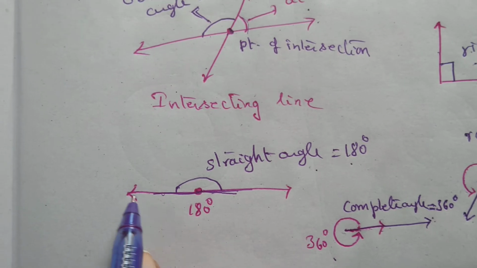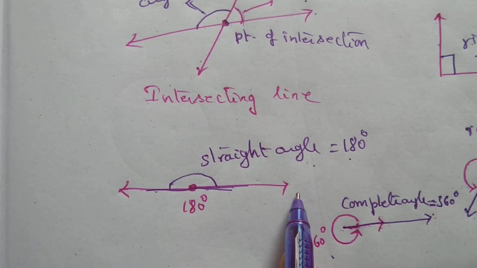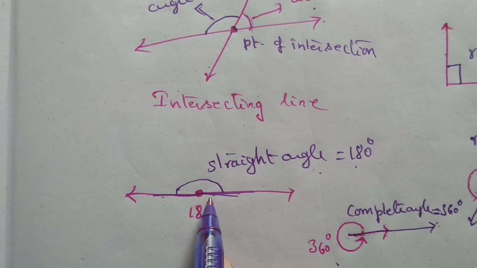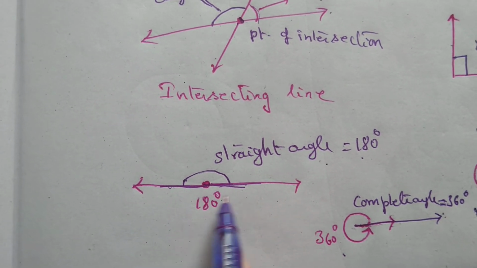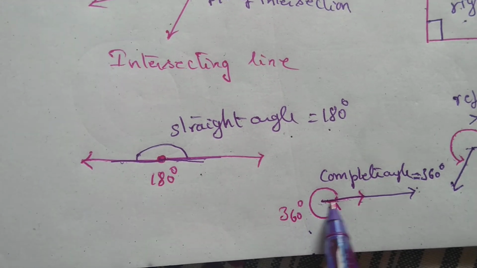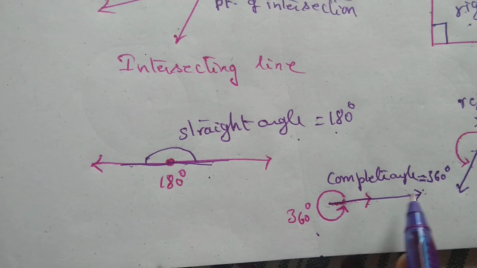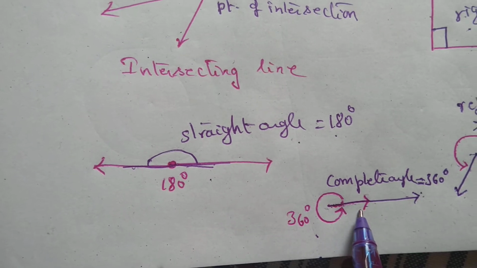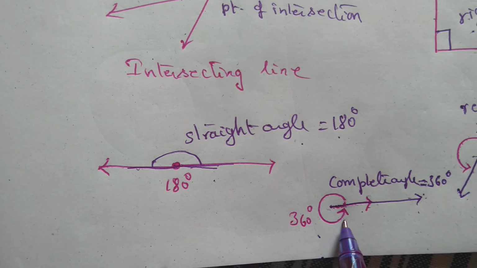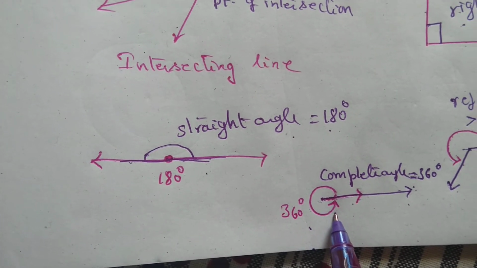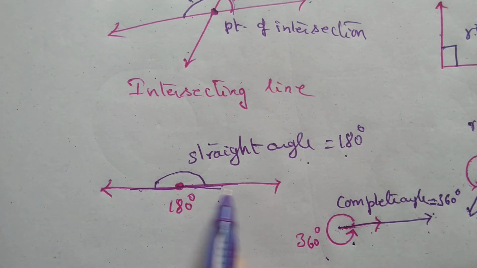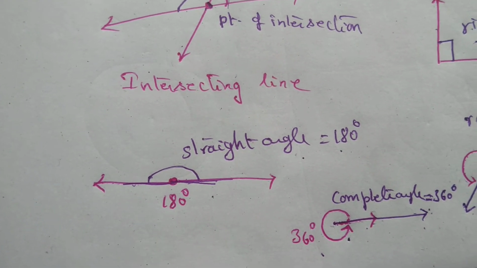And here also you may feel that they lie along the same line, but see, they are anti-parallel. What we say is they are inclined opposite to each other. Here they are inclined in the same direction to each other. So two rays are collinear, right? Inclined in the same direction. Then you will get a complete angle, that is 360 degrees here, and here it is 180 degrees because they are aligned opposite to each other.